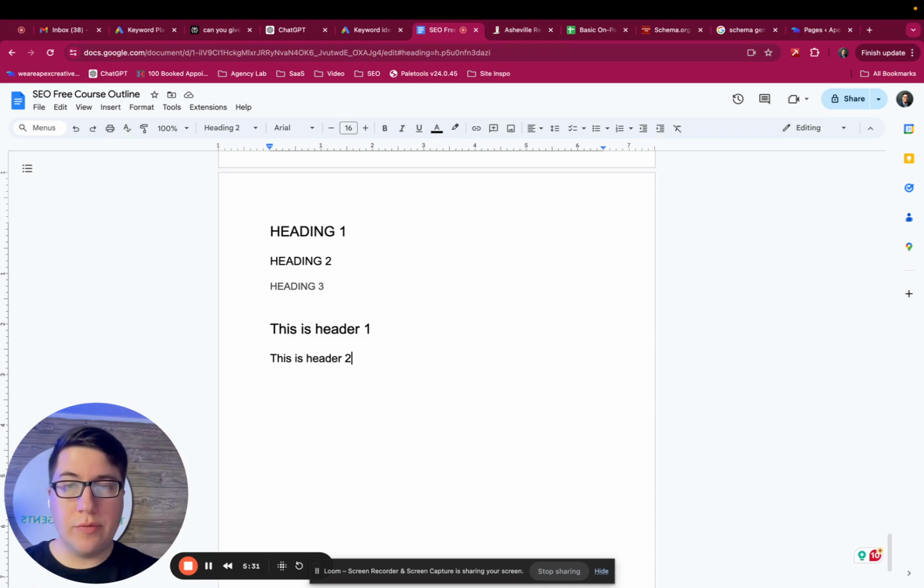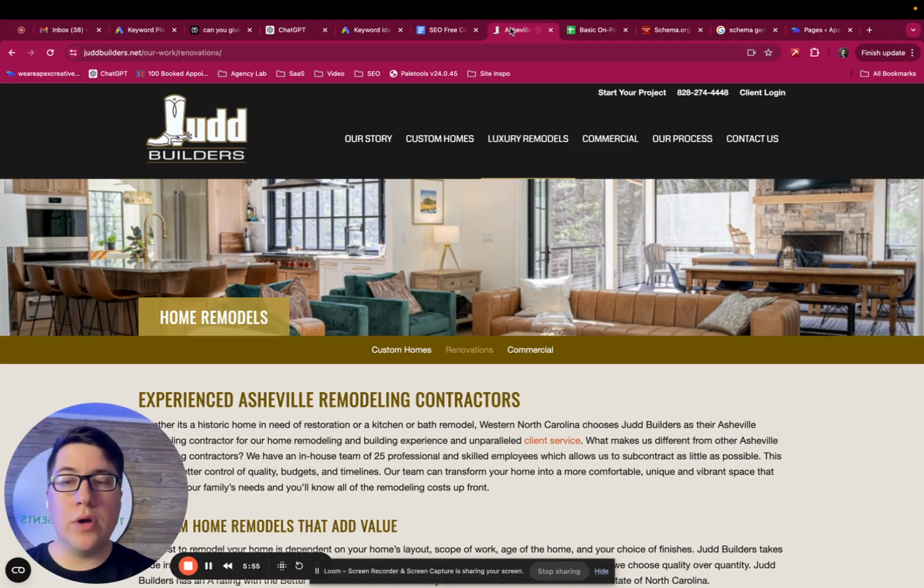So we're actually going to start with analyzing competitors. When we search for our keyword that we want to rank for, we're going to look at the top 3 folks that are ranking. We're going to analyze how they're doing with their headers, their word count, and everything like that. And then we're going to create a plan and a strategy so we can utilize that information to place onto our website. Okay, so let's start with the #1 ranked site for home remodeling in Asheville.